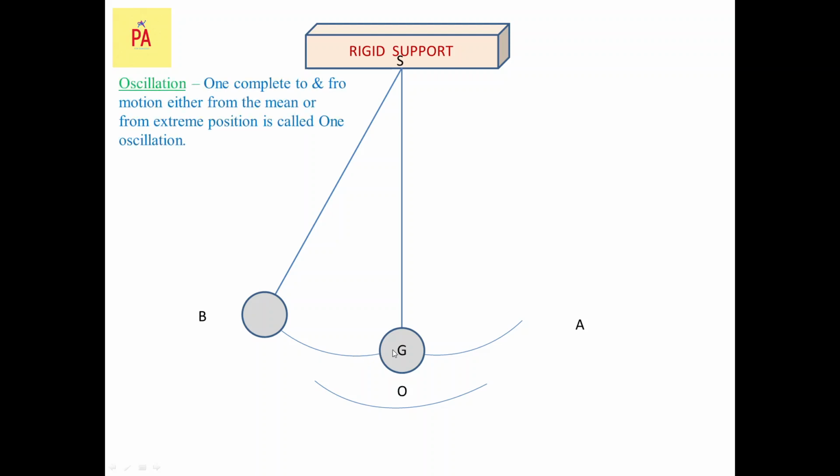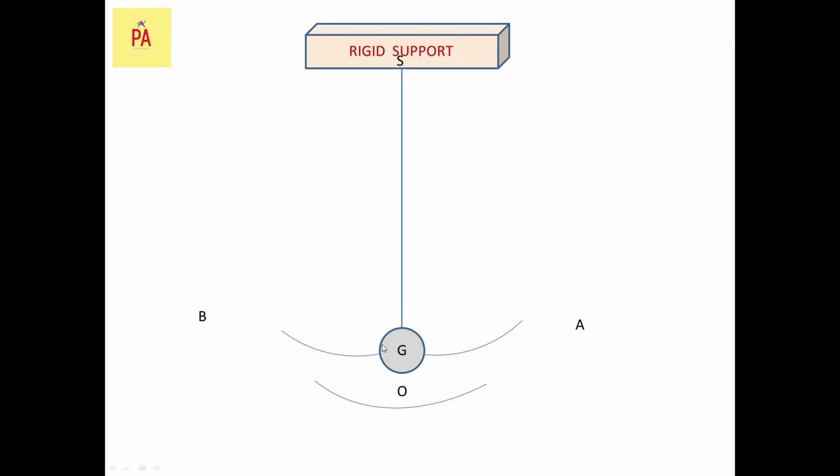Now, what do you mean by oscillation then? Oscillation means this to and fro. To be more specific, I will show it again. Say this is the pendulum, and we have gone to one position on the right. Again, it came to the left position after coming to the mean position. This is your simple pendulum. It moved towards A. It came to the mean position again, and again it moved to position B.